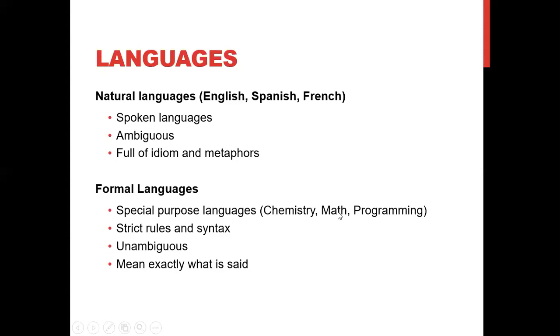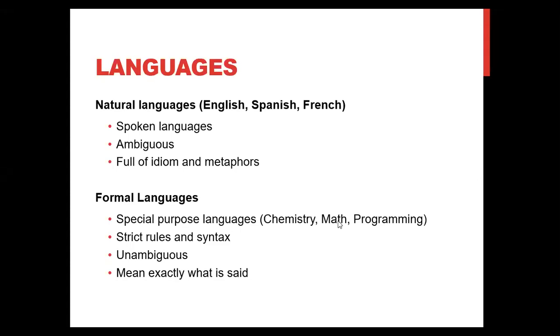The next concept is languages. In the real world, there are two types of languages: natural languages and formal languages. Natural languages are languages which are not designed by any person. They evolve generally. Natural languages are such as Telugu, English, Kannada, Hindi, Spanish, and French. These are not designed by people. They evolved naturally day by day. Those languages we call natural languages.